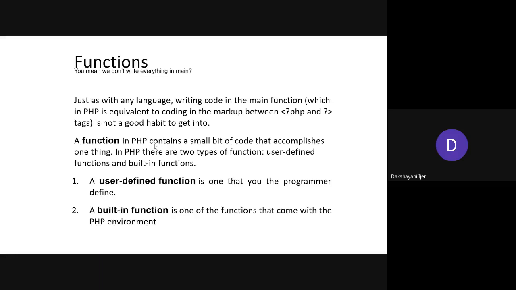Okay, so the last concept from this chapter is functions. So what is a function? There are two types of functions, as with other programming languages as well: the user-defined function and the built-in function. One example of a built-in function that we have seen in the earlier examples is date. Built-in functions are the functions or methods defined by PHP, which you can directly use in your program.